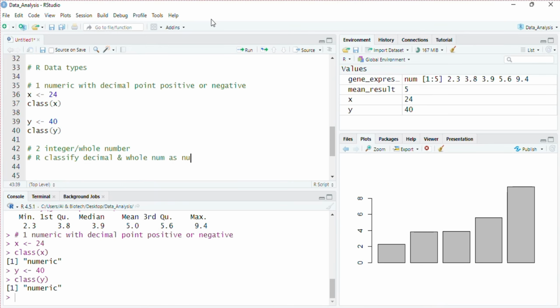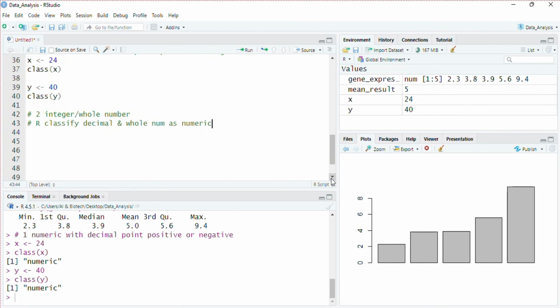But R can distinguish between numeric and integer numbers by using a letter L that defines it as an integer number.